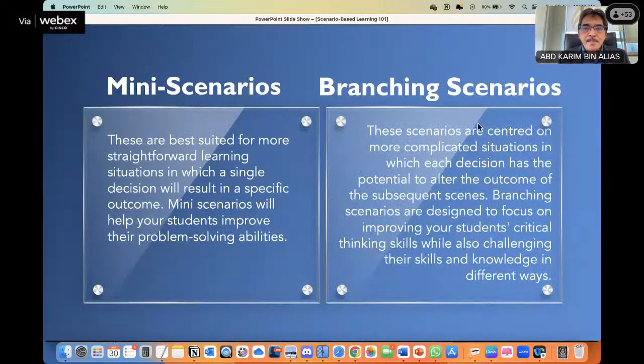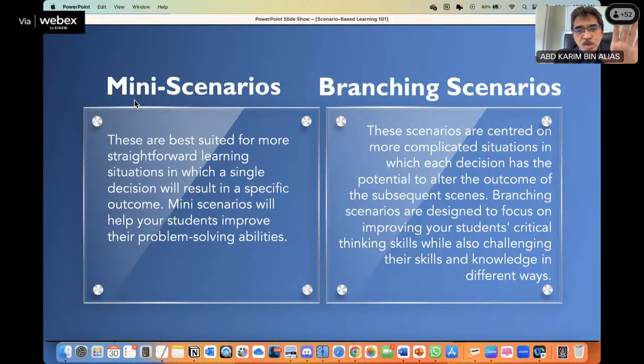And when we talk about scenarios, we can start with a simple scenario. Most of the time, I think you can use a mini scenario. It's quite simple to build, but there can be a lot of learning happening in a mini scenario. Imagine in a mini scenario, you can have two or three options, A, B, C, or 1, 2, 3.